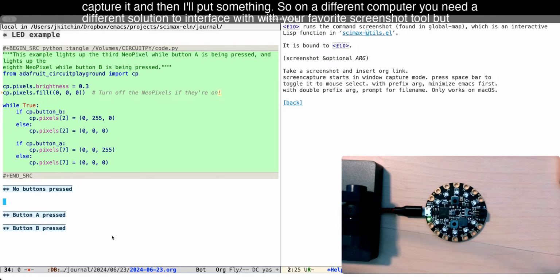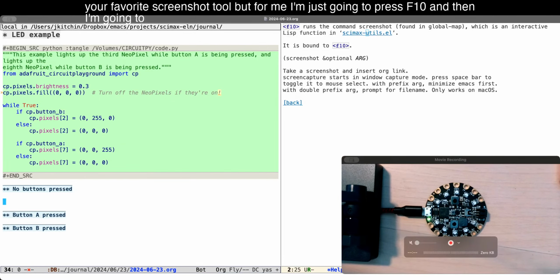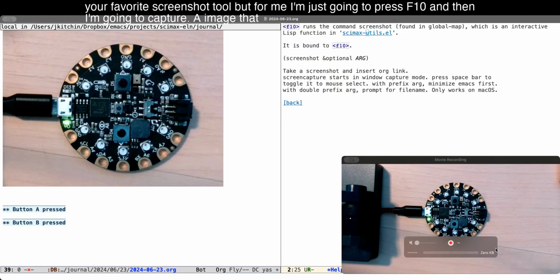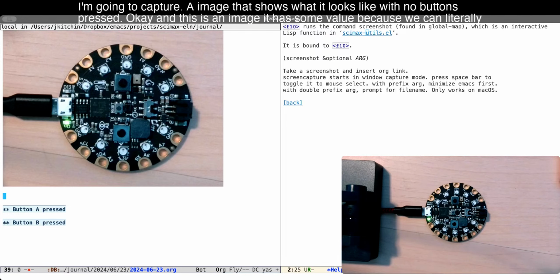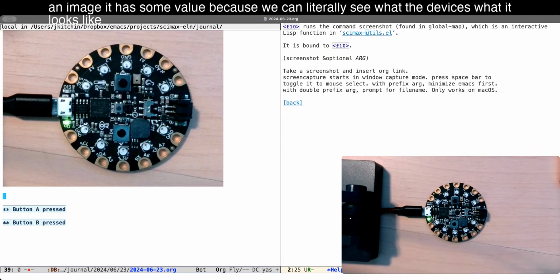But for me, I'm just going to press F10, and then I'm going to capture an image that shows what it looks like with no buttons pressed. Okay, and this is an image. It has some value because we can literally see what the device is, what it looks like, and I can go down here